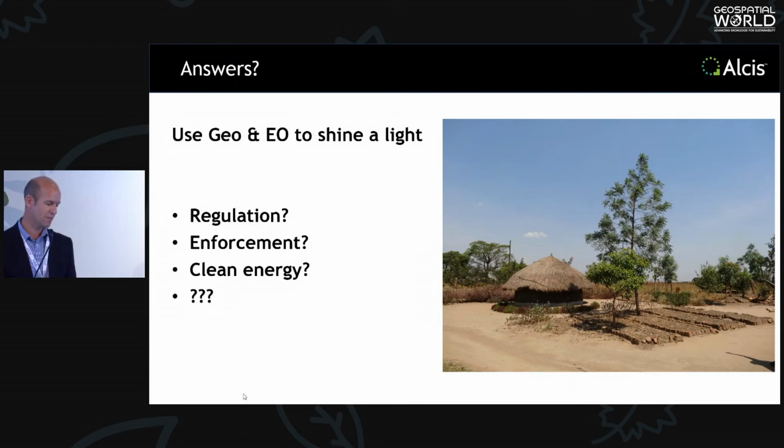And I guess so. My closing thoughts then. I haven't got answers. I'm a geographer, not a policymaker. But as Robert Cardillo said on day one in his keynote, I think what we can use, geographic data, Earth observation, it enables us to shine a light into these dark areas, and particularly in the environments we focus on working on. Often that's the only source of reliable data that you can get your hands on. So we can use it to highlight these issues and put it in front of people who can then make the decisions.